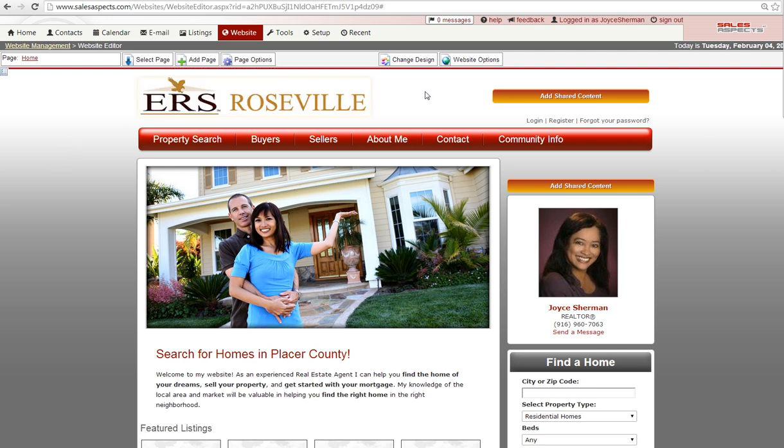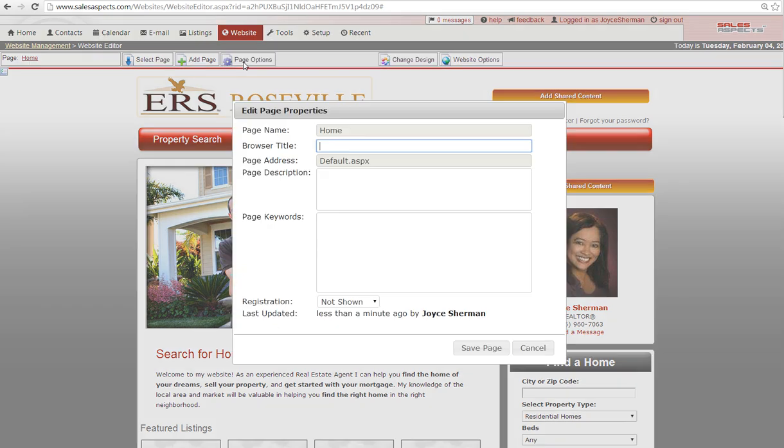One major key thing that I want you to know is another tool here called Page Options for your website. Page Options allows you to update the titles and meta tags for each one of the pages on your website. I recommend that at night, if you could just spend 5 minutes on each individual page of your site and update the titles and meta tags, it's really going to help in your lead generation and people finding you. And make sure to use your name in your information as well, so that if somebody types in your